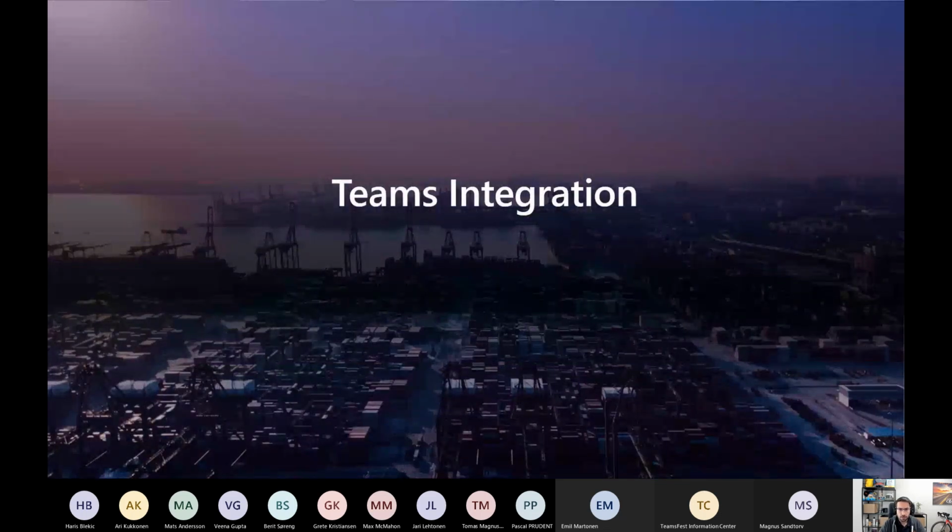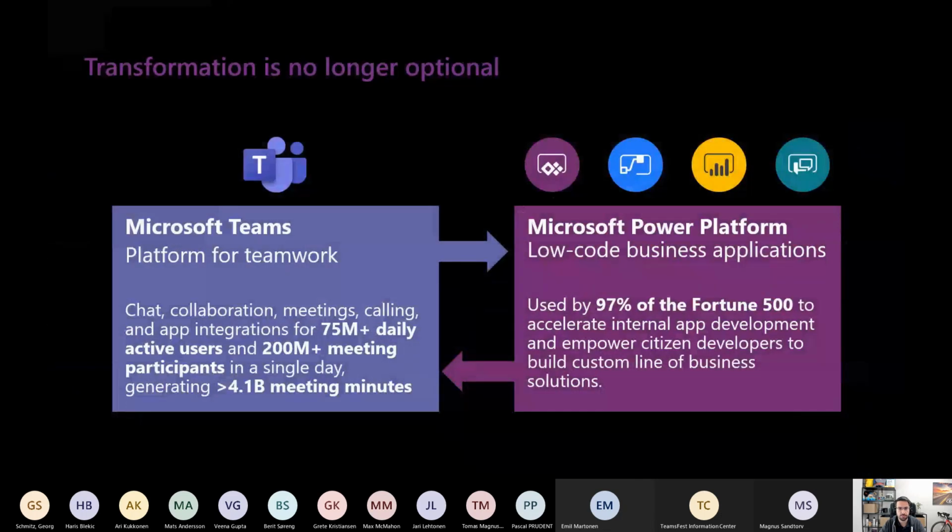Now, I want to show you the integration that we can have from Power Apps to Microsoft Teams. But you have to consider that it's not only the integration from Power Apps. We have the integration with all the Power Platform. You know that Power Platform contains not only Power Apps, but also Power Automate, Power BI, and Power Virtual Agents.